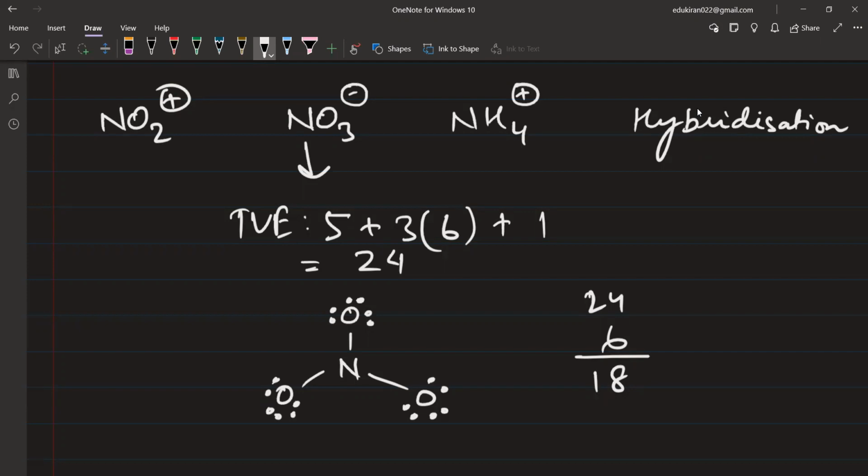Is nitrogen happy? नो सर। No, then one of the oxygen is going to give it some electron,